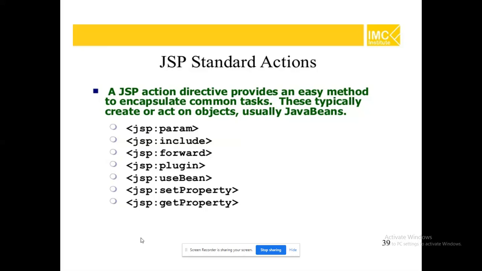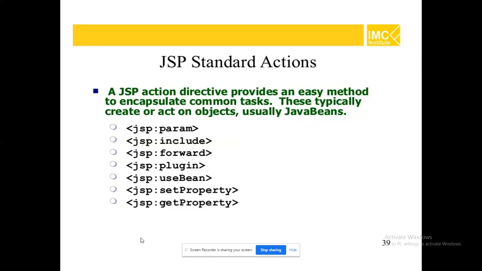Set property and get property, right? Setter method and getter method for a Java bean, right? To manage my Java code, which is available within the corresponding JSP program, can be managed completely through these tags in an efficient way. A simple example is jsp:param, right? We are having parameter names and parameter values in our servlet. Those two functionalities are combined here, and we are having a single attribute jsp:param. Right? It is ready to retrieve our data.